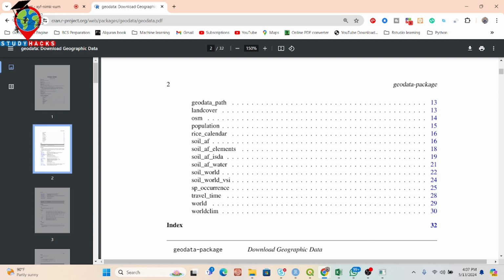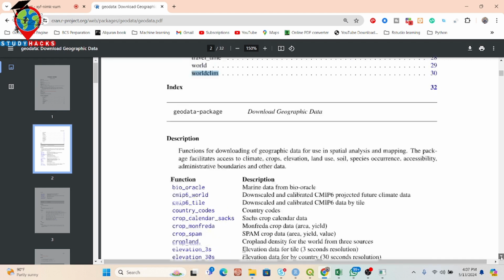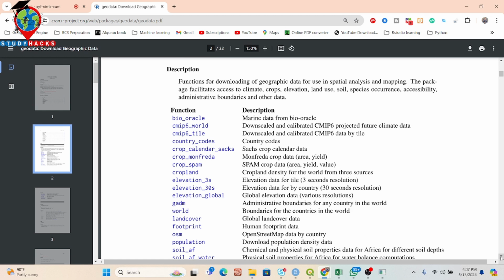Actually, it provides a lot of ready-made datasets globally, such as land cover data, OpenStreetMap data, population data, rice calendar, soil, world climatic bioclimatic data. So there are a lot of things we can easily cover using this package. So here you can see